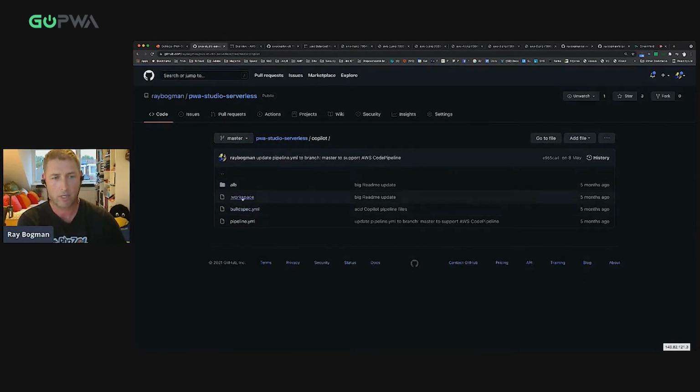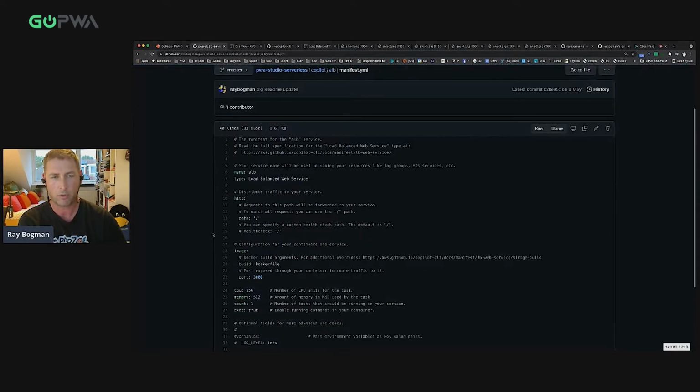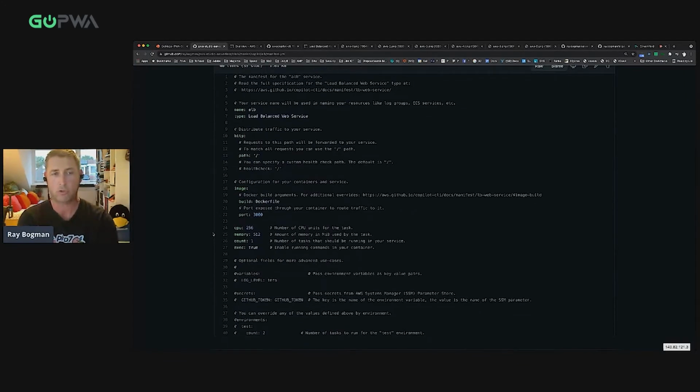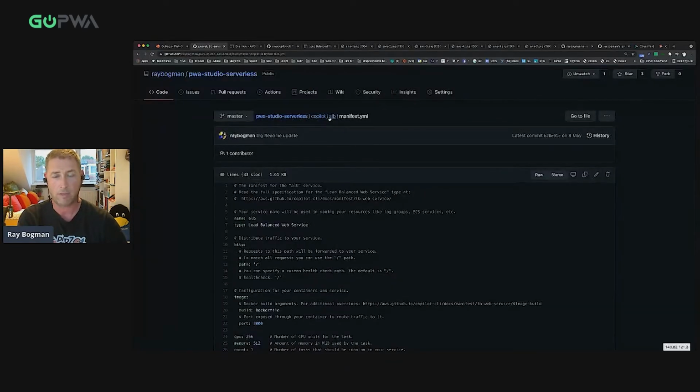This Copilot directory automatically creates a manifest file with all the necessary components that we just created. Of course, you can adapt them when needed, depending, of course, on how much CPU or memory you would like to use. But bear with me, looking at some tests and stress tests that I've done, the basics of these are pretty fine to even start running test or production environments. PWA Studio doesn't need that much to run on a serverless environment. So I would say have a look and try to adapt where needed.